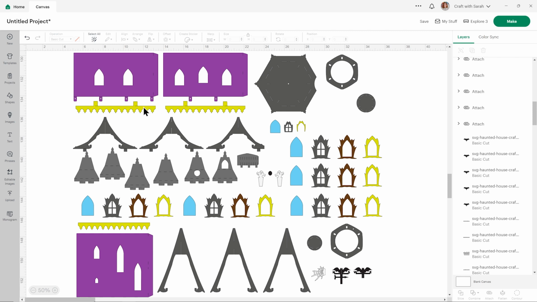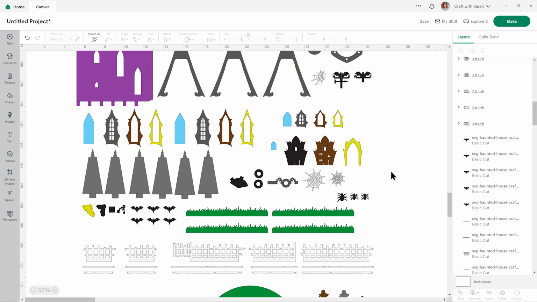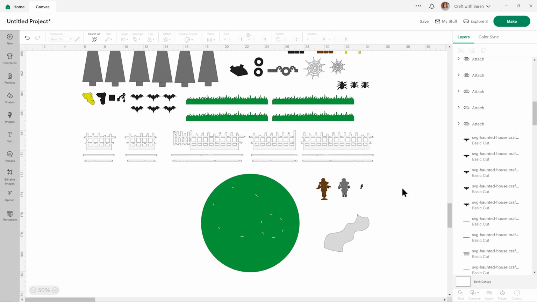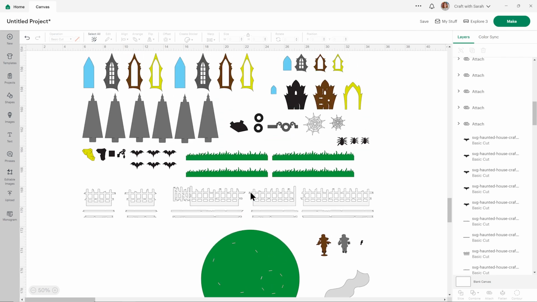These yellowy layers would look really nice when cut from gold if you didn't want to use yellow. For the actual decorations, such as the window frames, windows, the bats, spider webs, fence, that can all be a lighter weight card, as well as the grass and the main circle, because that's not going to be stood up.